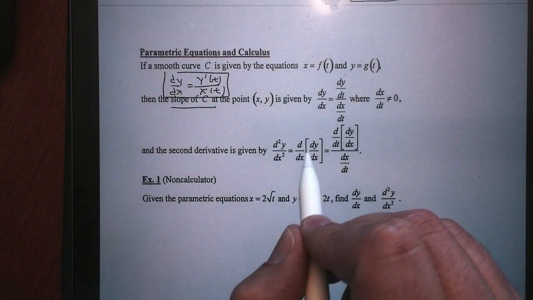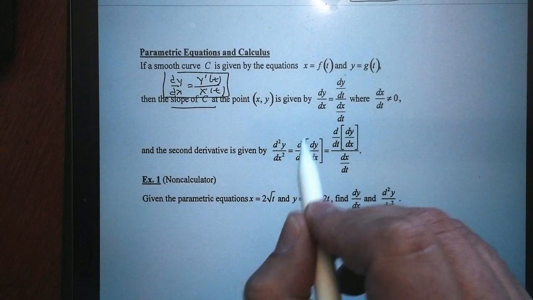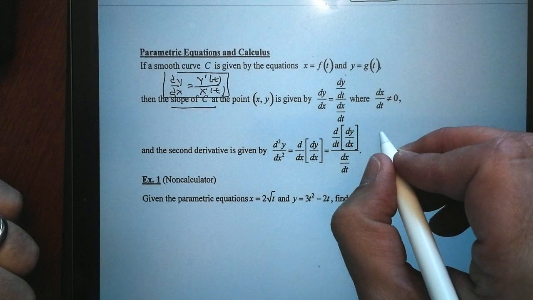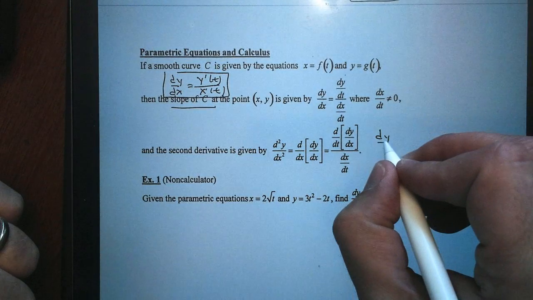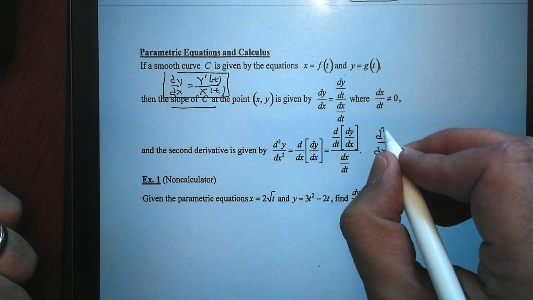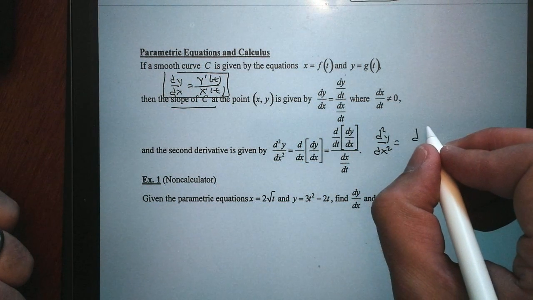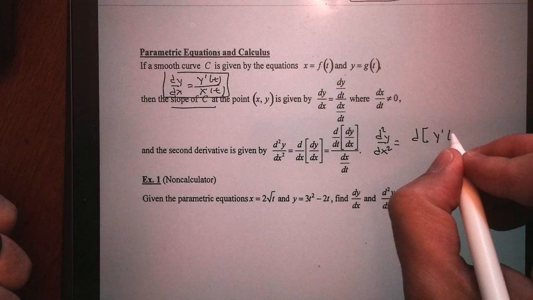It's the second derivative. It's the derivative of the derivative. That's what this says. It's the derivative of the derivative. So I like to write it this way. d²y/dx², the second derivative, is the derivative of y prime of t